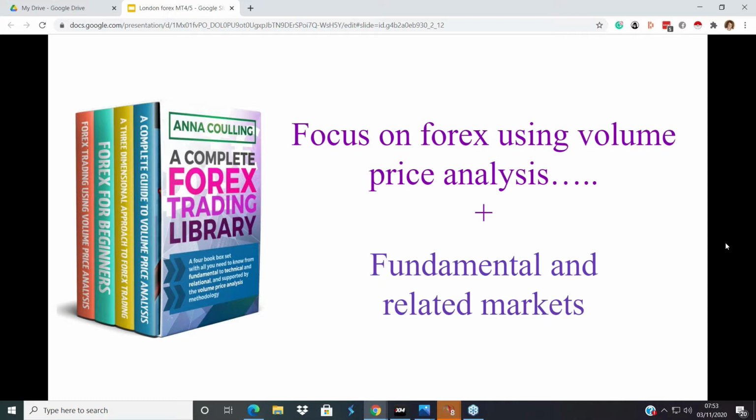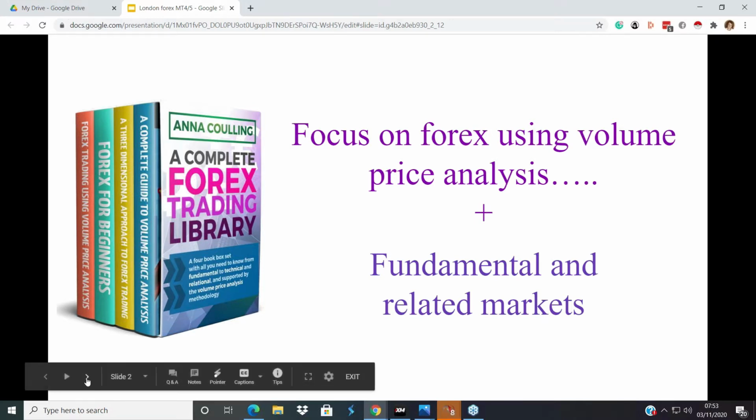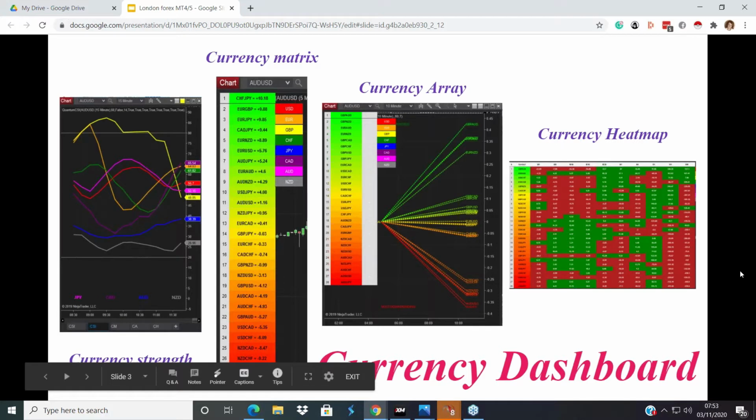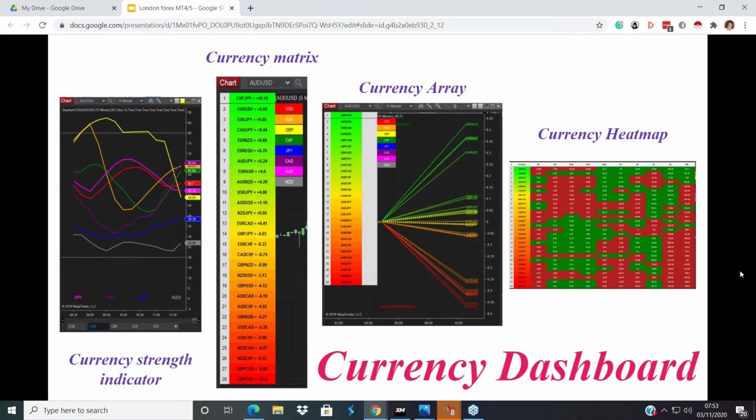And for Forex, and really for all the markets, we look at the technical picture, which is what VPA gives us, but we also look at what's happening on the fundamental landscape and also the related markets. And of course, at the moment, we also need to see the political, because of where we are in the election cycle. With regard to the Forex market, we've developed these very particular indicators to help us identify quickly